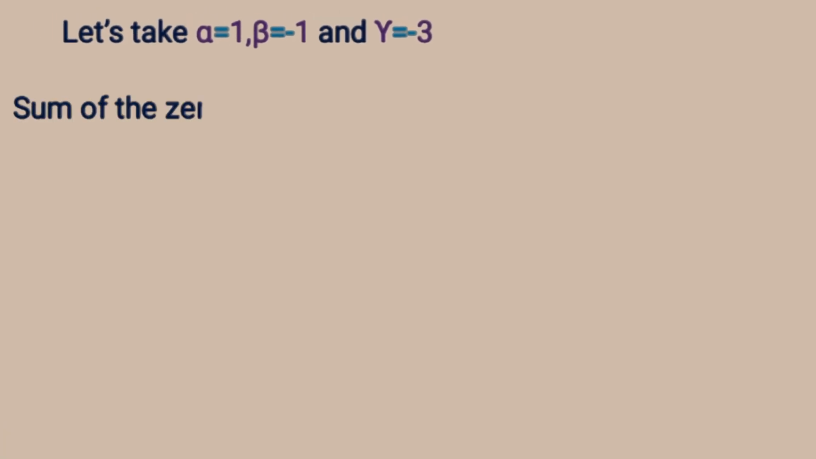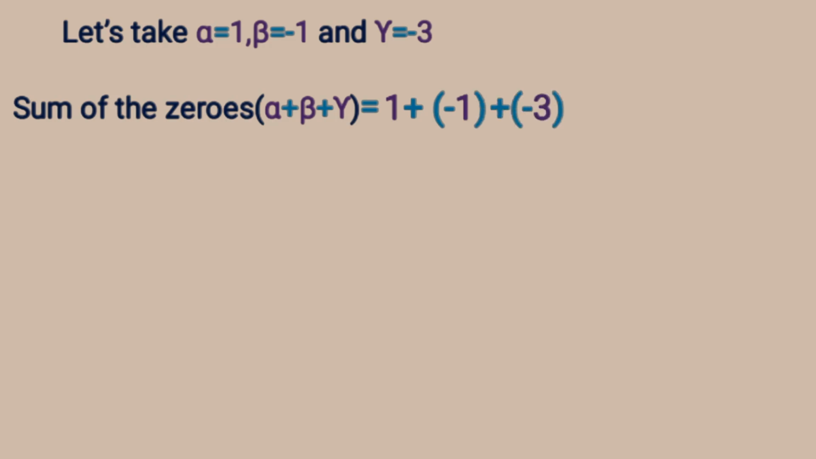Sum of the zeros, that is alpha plus beta plus gamma equals, so here what is alpha? 1, and beta equals minus 1 and gamma equals minus 3. So let us add these three zeros. 1 plus minus 1 plus minus 3, and if we simplify this, 1 plus minus 1 equals 0, and plus into minus 3, so we get 0 minus 3, which equals minus 3. So the sum of the zeros we get as minus 3, and this minus 3 can also be written as